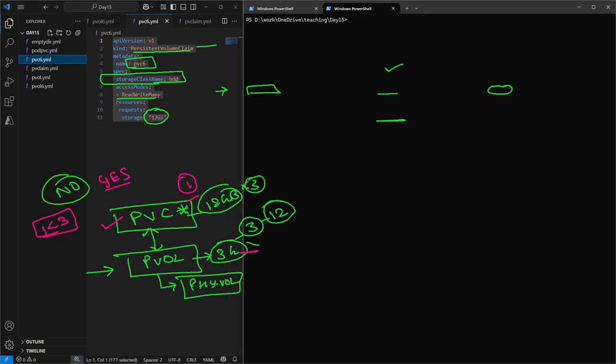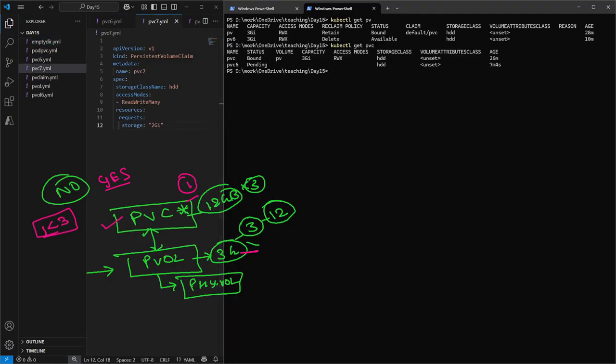So let me create a new persistent volume claim. I would say PVC 7.yml. If you see in this YAML configuration, we have the persistent volume claim as object. The name of my persistent volume claim is PVC7, and the access configuration is same. But here if you notice, the size of this persistent volume claim is 2 GB, which means whatever the persistent